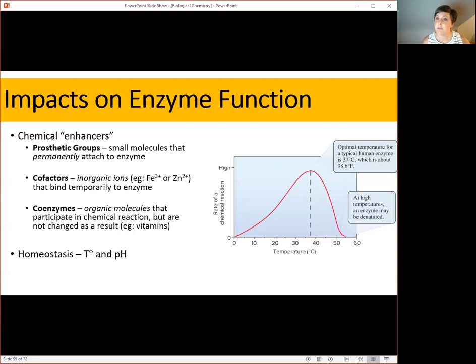Similar effects are seen with pH. Your blood enzymes function optimally at pH of 7, which is the homeostatic set point for your blood pH. The enzymes in your stomach, however, function optimally at around pH 0 to 2, which is the optimal pH of your stomach. Because enzyme structure is so important and macromolecular structure is maintained by homeostasis, the homeostatic set points for an organism or cell are where its enzymes function optimally. When homeostasis is disrupted, so is enzyme function.